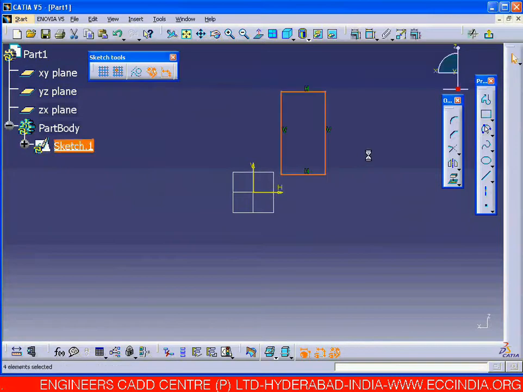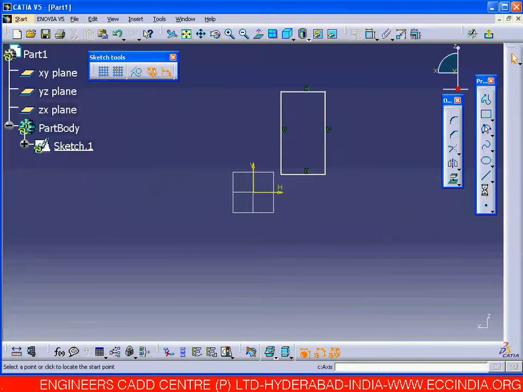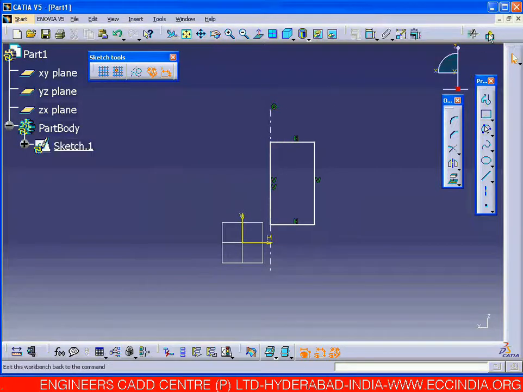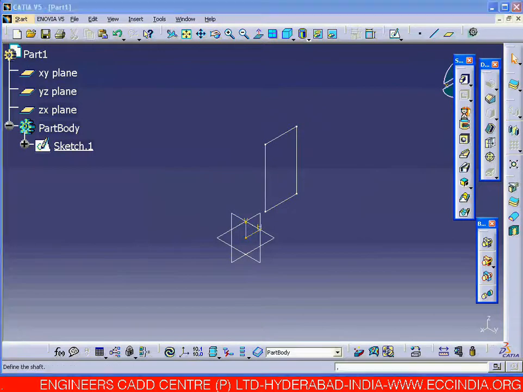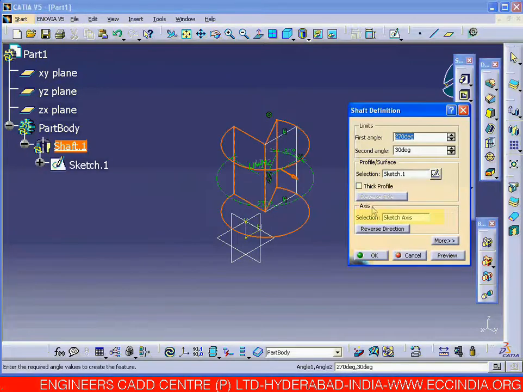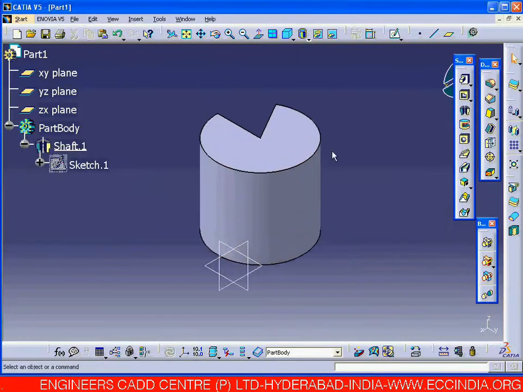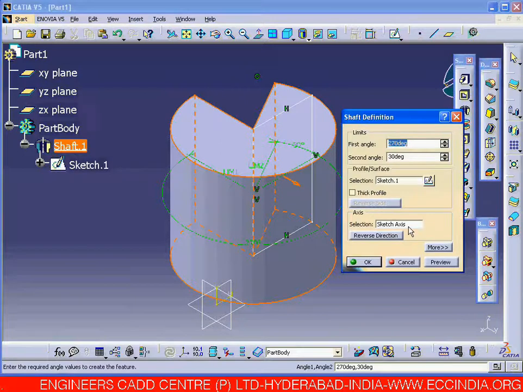Here is a simple example. I will take some rectangle and take the axis. Now drawing this axis, exit from the sketcher. When we come out from the sketcher, we can't see the axis. When you select the profile and observe here, automatically the axis is going to be selected. I said in the sketcher that whatever axes we draw are used in shafts and grooves. This is the third method of giving our own axis.